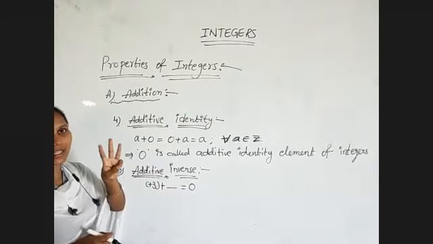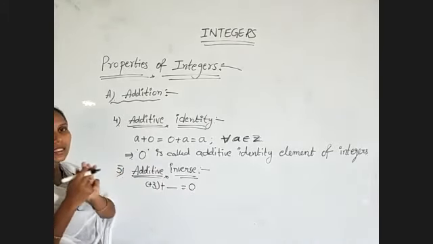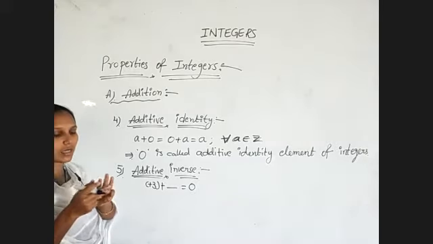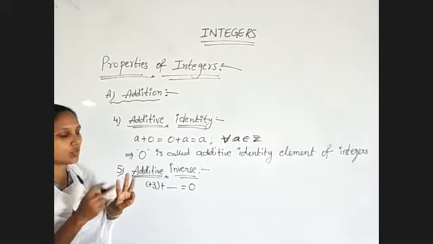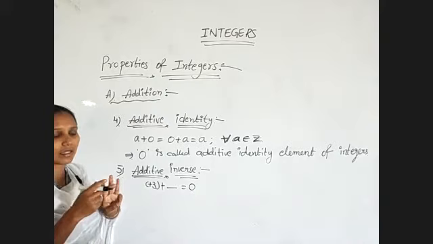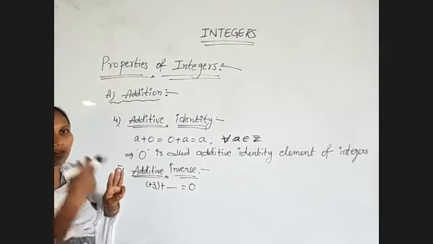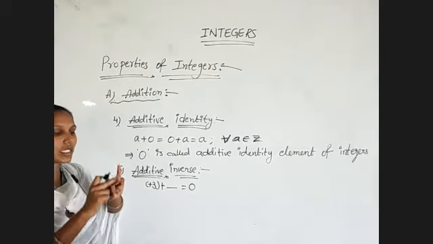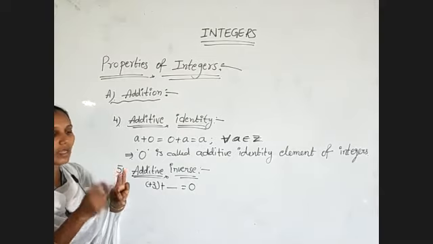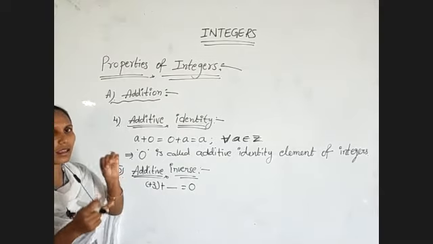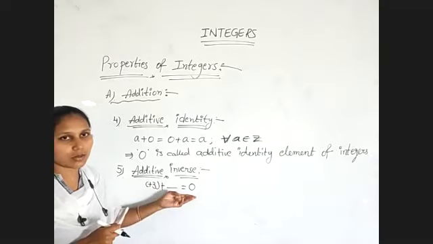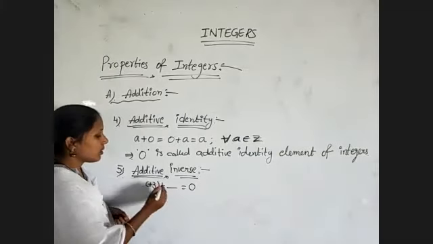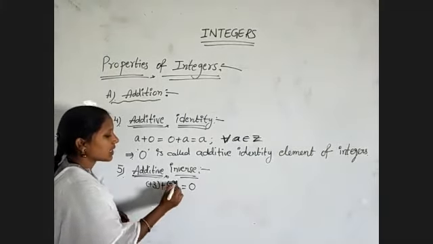For suppose I have 3 chocolates, I must get 0 as a result, which means I need to remove these 3. So for +3, what should I add? These 3 chocolates I have to give to another fellow. So suppose I have given these 3, meaning -1, -2, -3, then my result is 0. So that's why the additive inverse of +3 is -3.